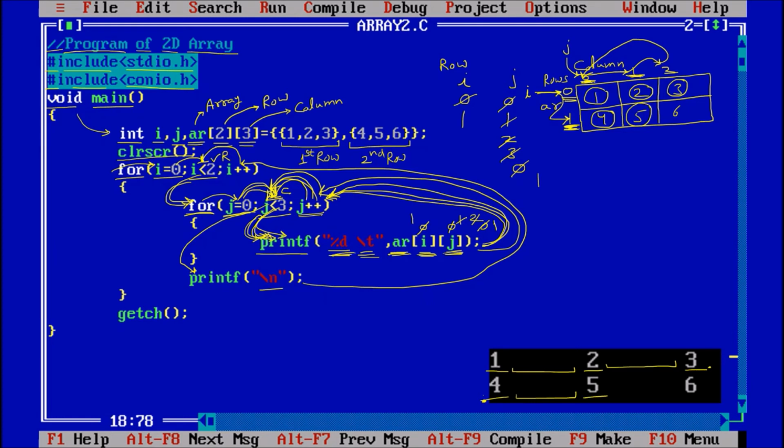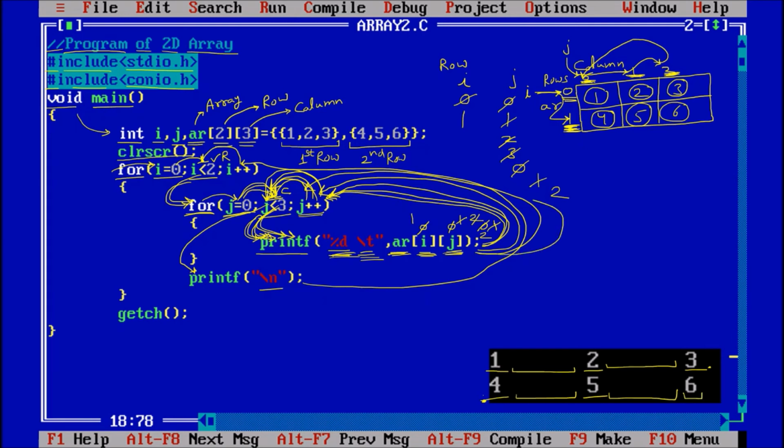So 5 is printed. Then tab space is given. After that, again it will go back. j plus plus, the value of j is 2. Checking the condition, is 2 less than 3? True. Coming down, again fetching 1, 2. So this one is fetched. So the value 6 is fetched and displayed. Then tab space is given.